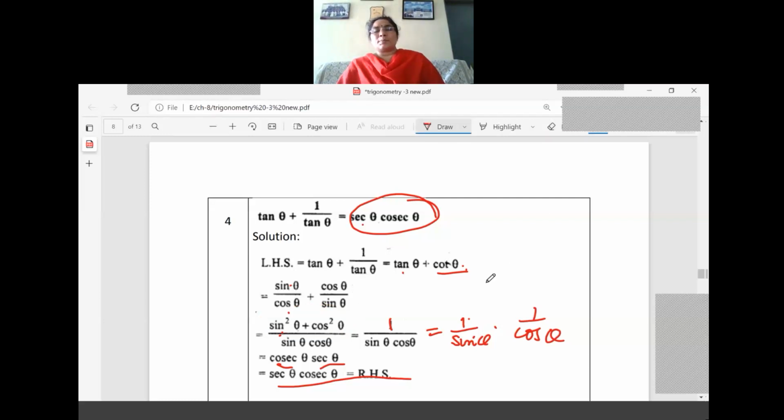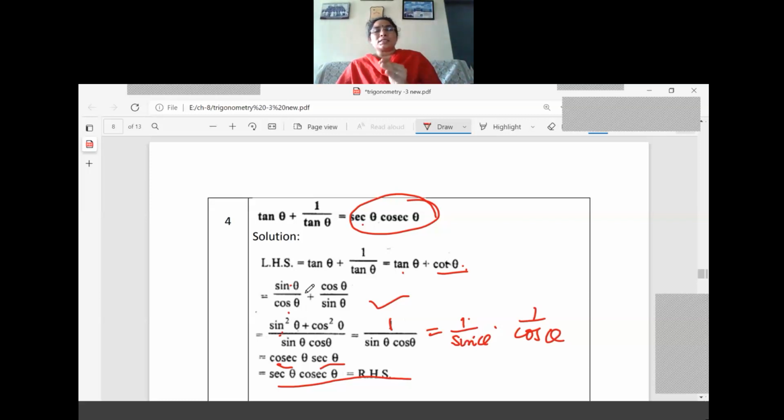Then what is the next step? Tan and cot we have expressed as sine and cos only. Then take the LCM. Then it is equal to 1 by sine theta into 1 by cos theta only. So after doing these four sums, you may have a doubt about how to decide all these things. It is with practice only, and our purpose is always that we should get the RHS. Understood? If you start with LHS, you should get the RHS only.